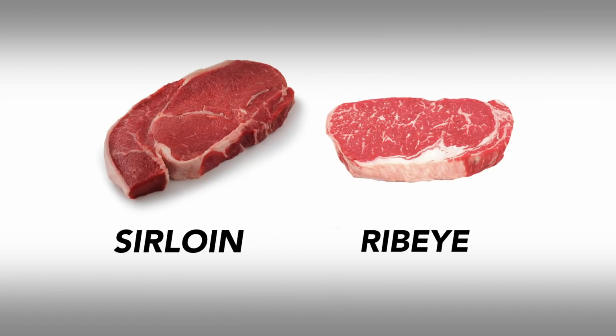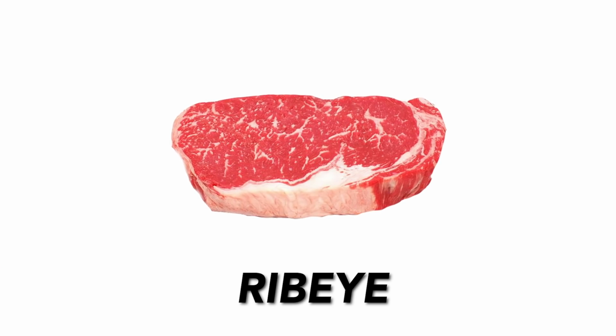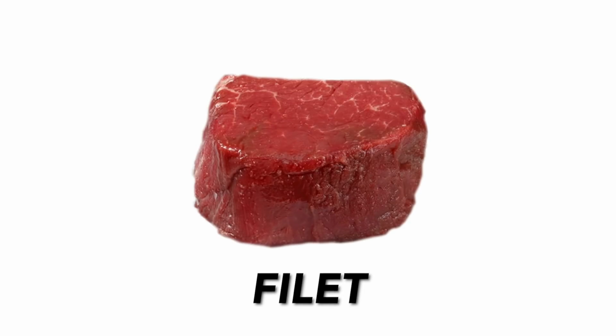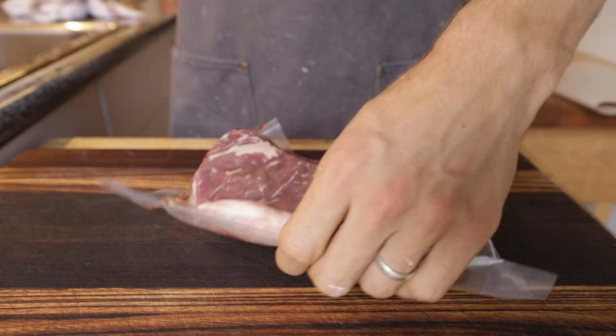So when it comes to cooking steak at home, there's 4 main cuts that you should know about. You've got the sirloin, you've got the ribeye, you've got the filet, and you have the strip steak. And they all have their pros and cons. It's really a preference thing. I would suggest you trying them out over time, seeing what you like the best. For instance, the ribeye is delicious because it's super fatty, but some people don't like it so fatty, whereas the filet is super tender, but it's a little harder to cook because it doesn't have that fat to protect you from overcooking your steak. So I'm going with the strip steak, also called a New York strip steak,